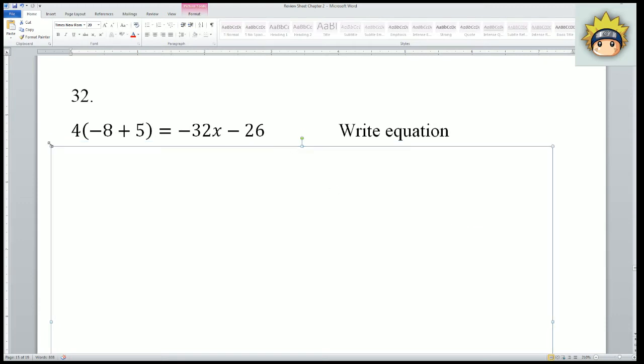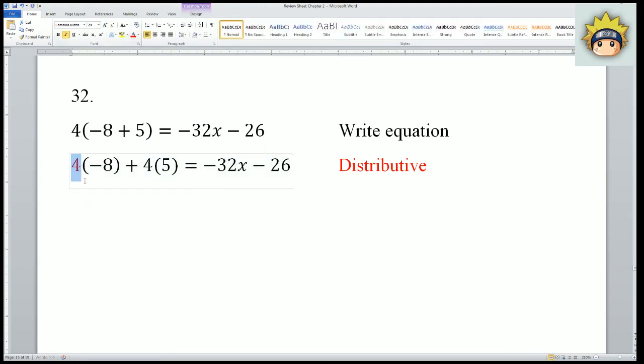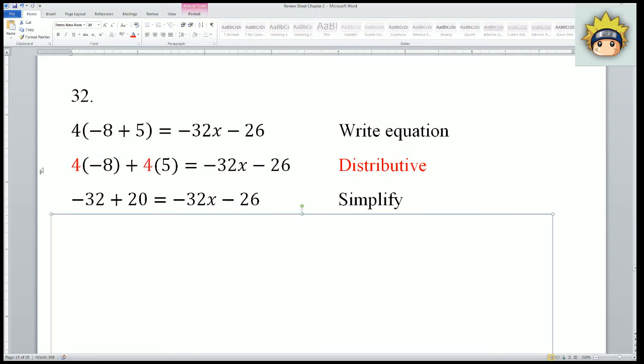4 parentheses negative x plus 5 equals negative 36x minus 26. First step is to always rewrite the equation. After that, I want to get rid of the parentheses. I distribute the 4 into each term. So it is 4 times negative x, then 4 times 5. That is the distributive property. Do some simplification. 4 times negative 8 is negative 32. 4 times 5 is 20. After that,